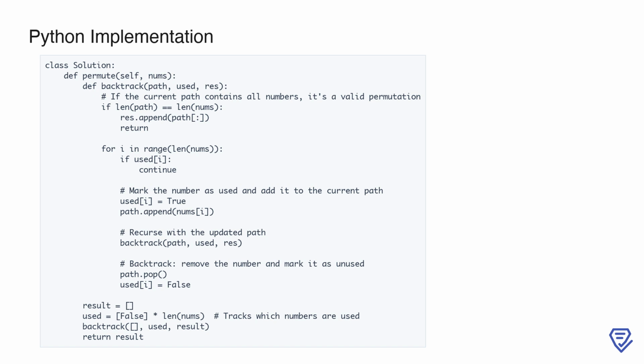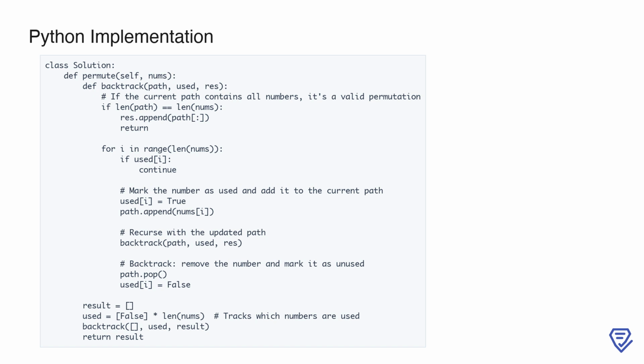It takes 3 parameters. 1. Path, the current permutation being constructed. 2. Used, a Boolean array indicating whether each number in nums has been used in the current recursive path. 3. Res, the list where all valid permutations are stored. Key steps. 1. Base case: if the length of path equals the length of nums, it means a complete